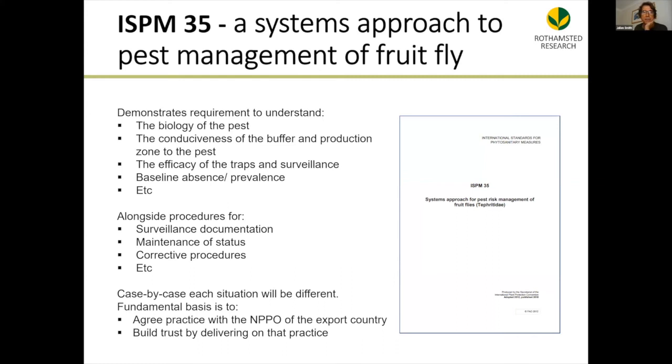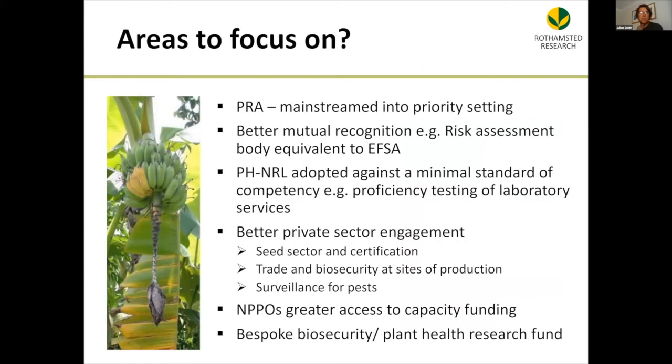To finish, just some reflections as to what we can do better and need to focus on. So I think PRAs are the fundamental block here. We need to have pest risk analysis at the forefront of what we're doing. I get the sense that Africa feels that this is being done to Africa, this pest surveillance and pest-free areas, and it is, but equally,